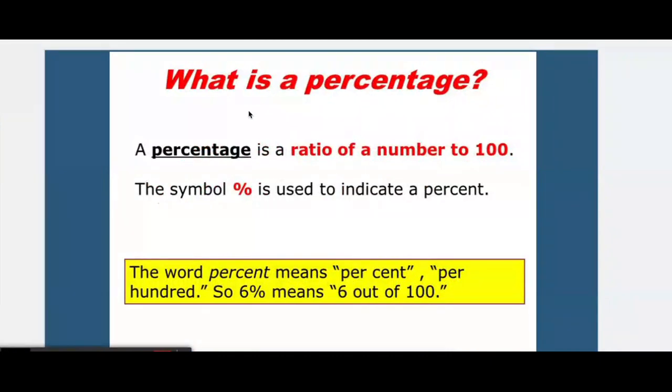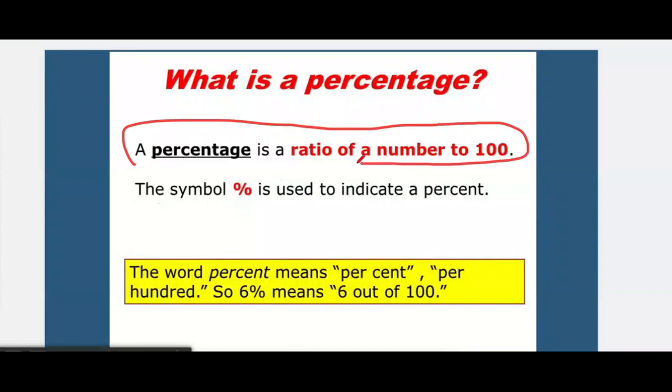Now, what is a percentage? A percentage is a ratio of a number to 100. The symbol percent is used to indicate a percent. Now, you can see this. These are very important words. A percentage is a ratio of a number to 100. Ratio means that